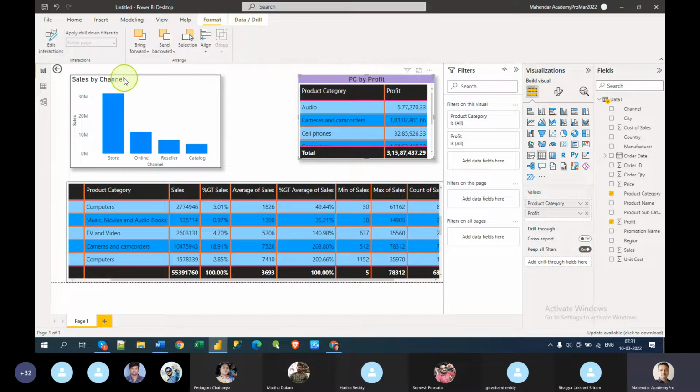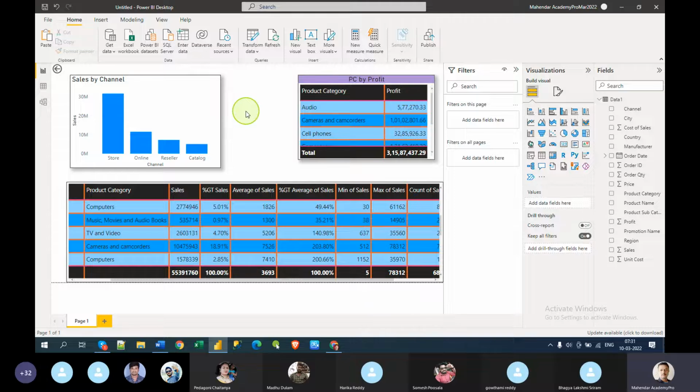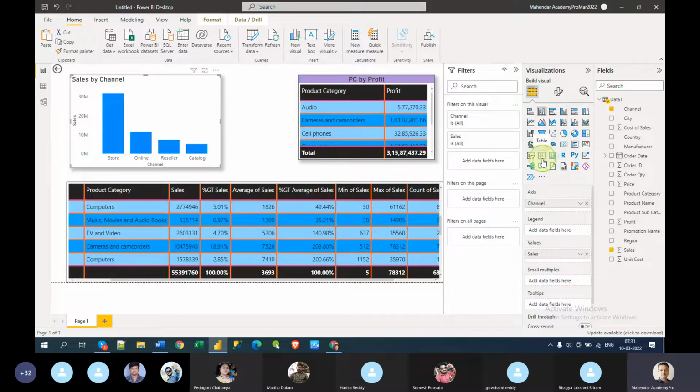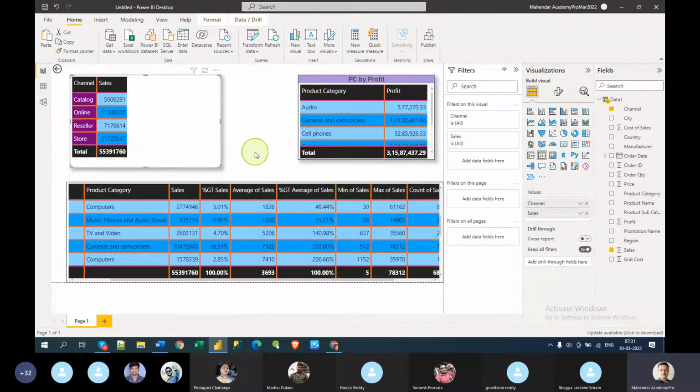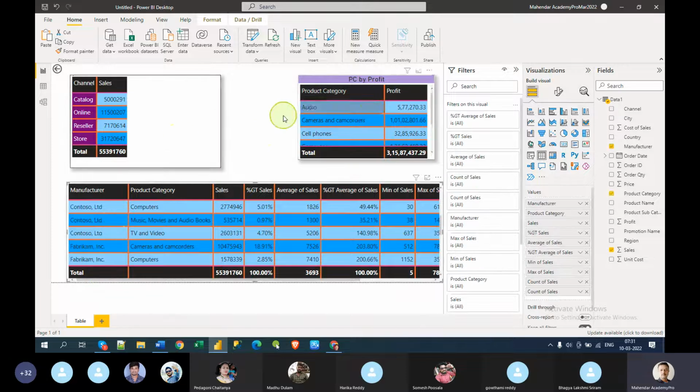Now let me make this a table because we are talking about the table, so let me rename this as a table. So percentage and aggregations and different dimensions, edit interaction, different tables, formattings. So this is very important. Okay, now let's move to the next visual.